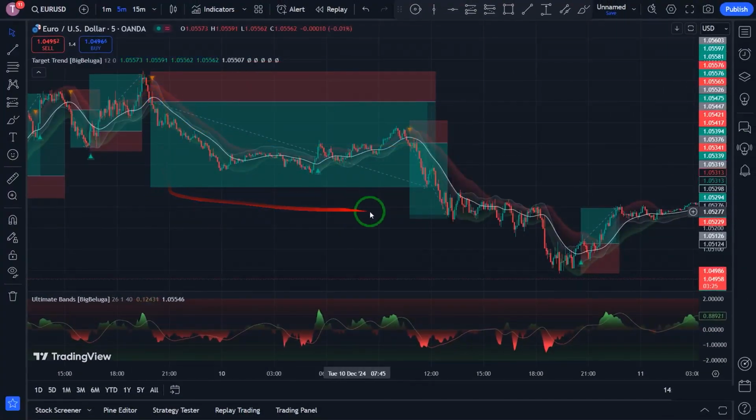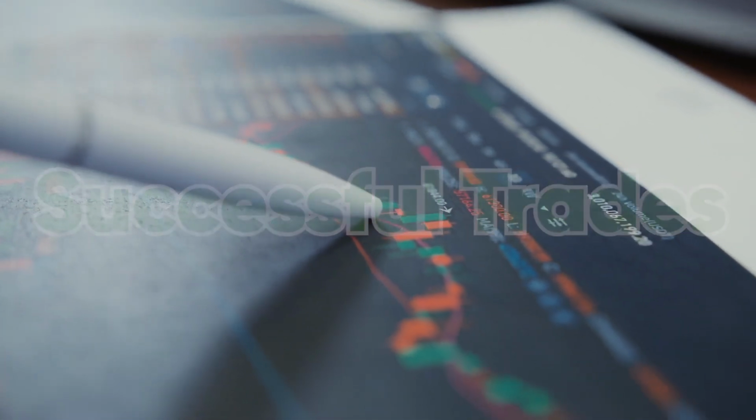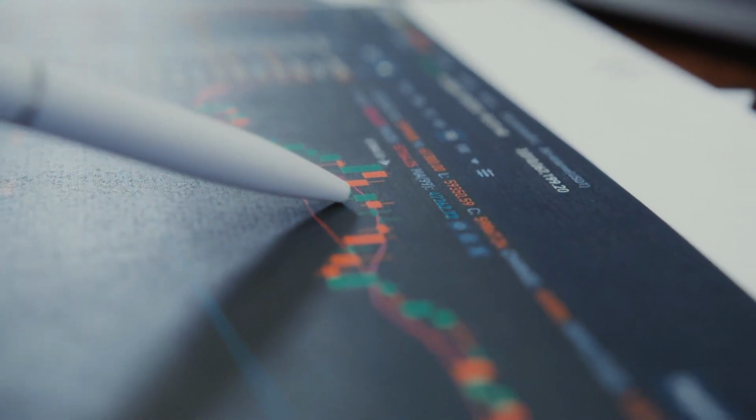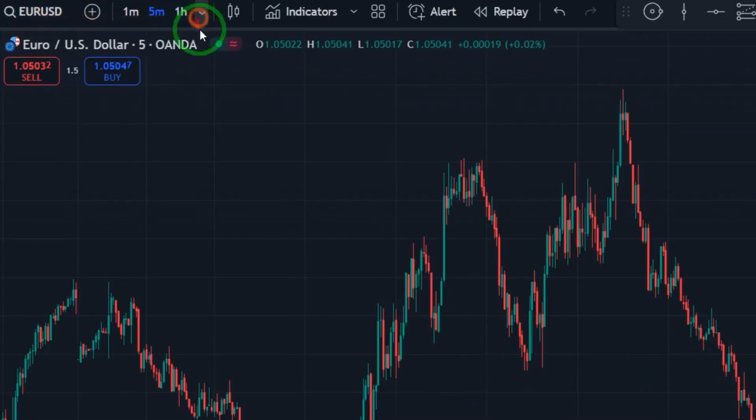If you also want to look at the market like a professional trader and have successful trades, don't miss this video. Let's get started. First of all, go to TradingView, select your symbol, and then set your time frame to